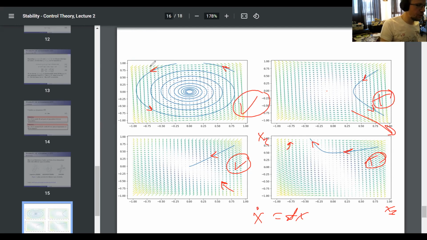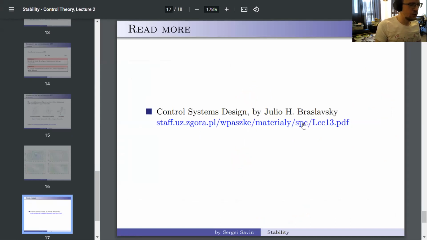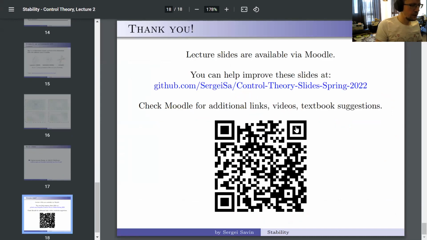But I will leave it for you to think. The code to plot those, by the way, is with the lectures. You can find it, I think, on GitHub, together with the slides. All right, and that's it. Recommendations for this particular lecture is this one, but you'll find a lot more recommendations on GitHub. And here's where the GitHub is. In case you want it now, just scan the QR code.